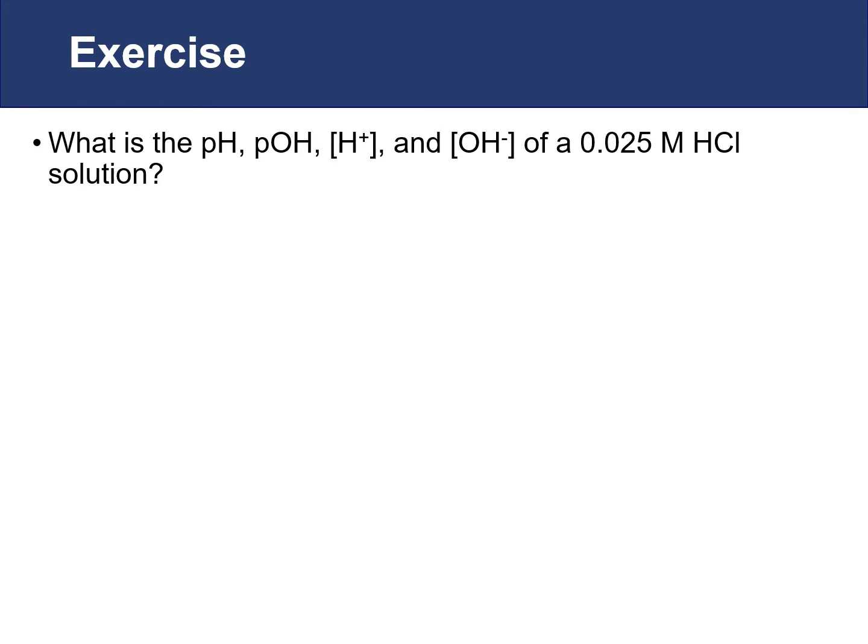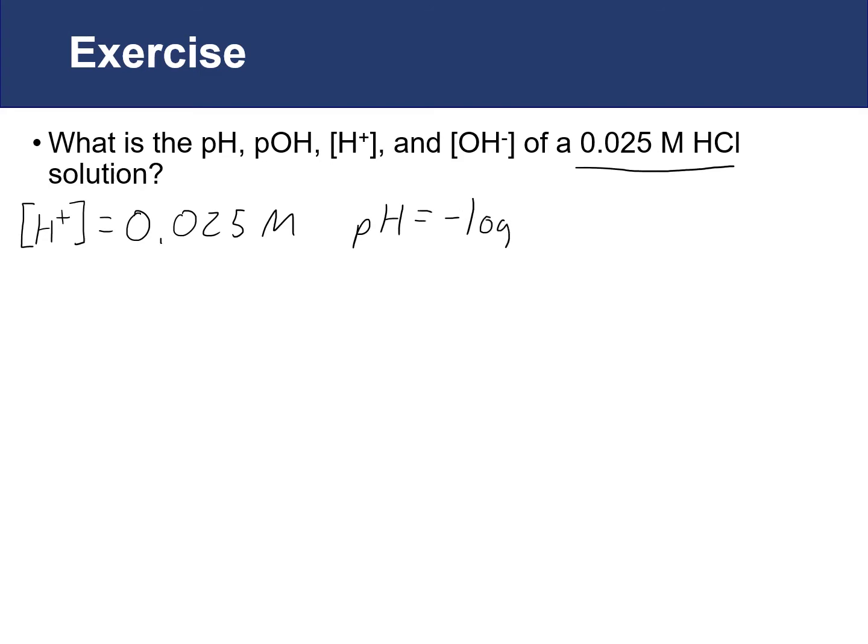So let's try an example calculation for how we would determine the pH, pOH, H+, and OH⁻ concentration for a strong acid. In this case, we're going to be working with a 0.025 molar hydrochloric acid solution. Because HCl is a strong acid, we know that the concentration of the H+ ions is going to be equal to the concentration of the acid that is listed. So that would be 0.025 molar. The pH is equal to the negative log of that value,